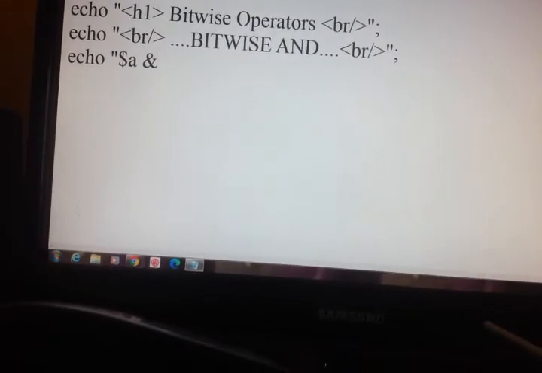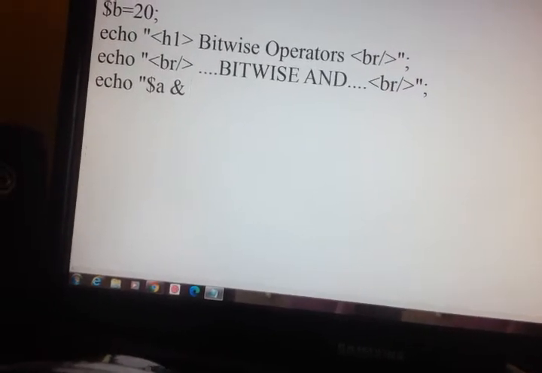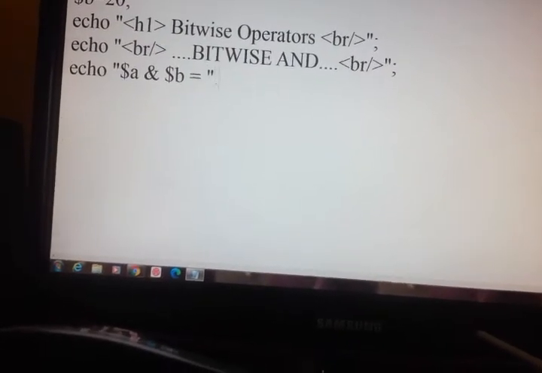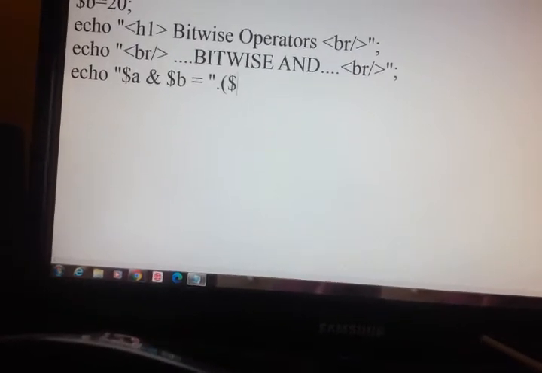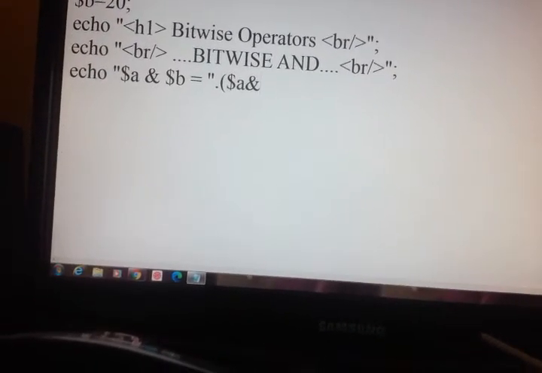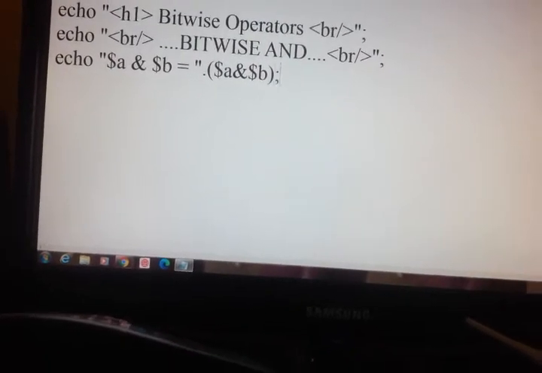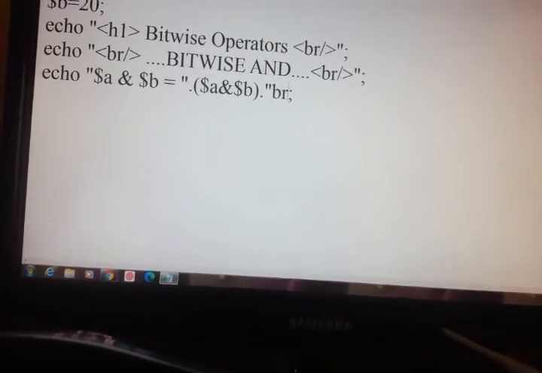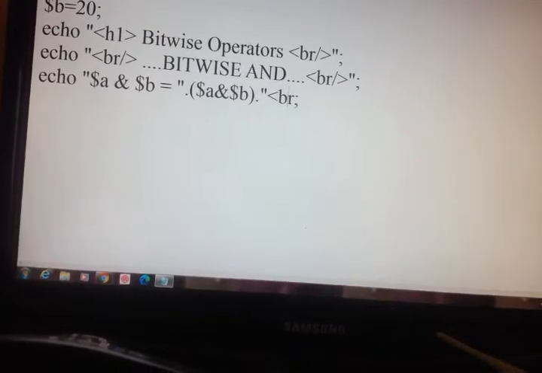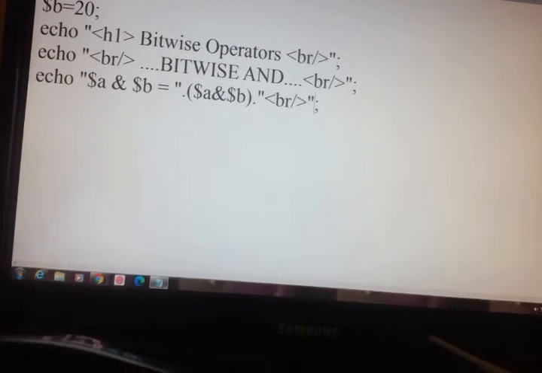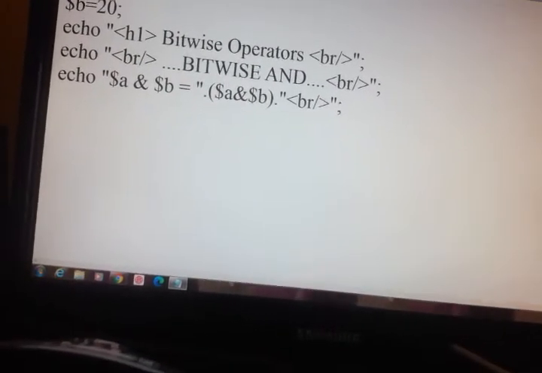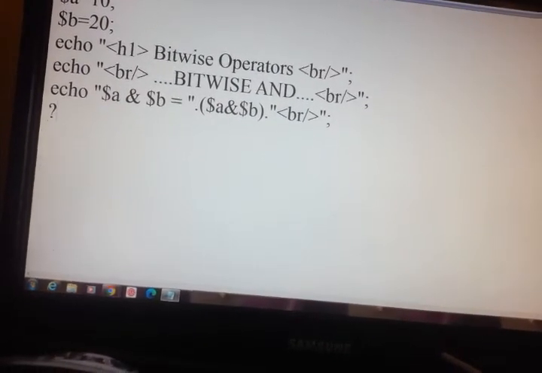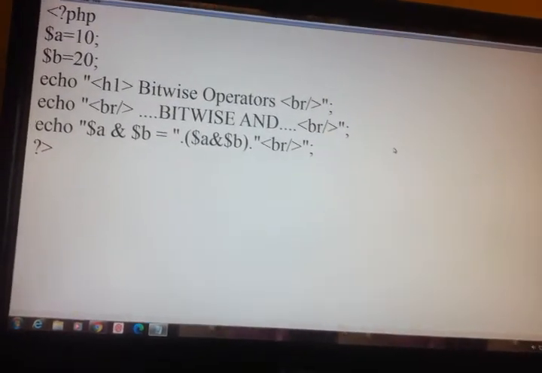Echo within double quotes $A and $B is equal to $A and $B. Close PHP.